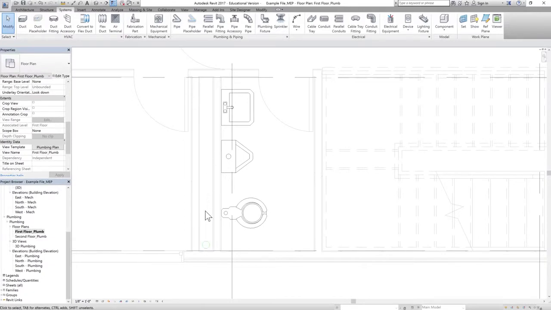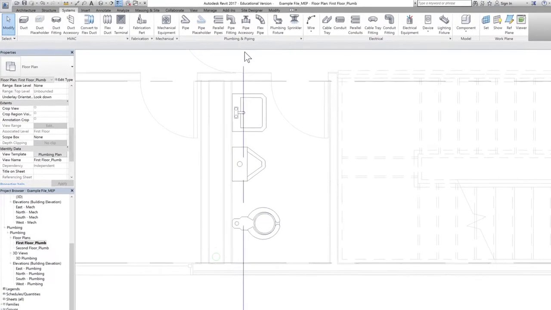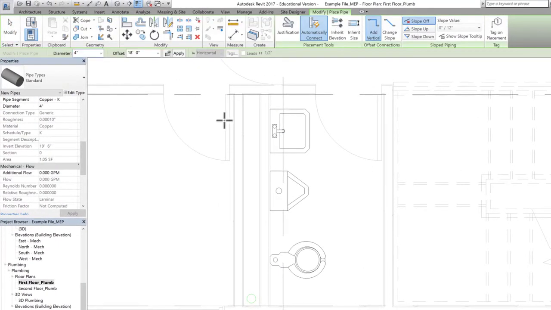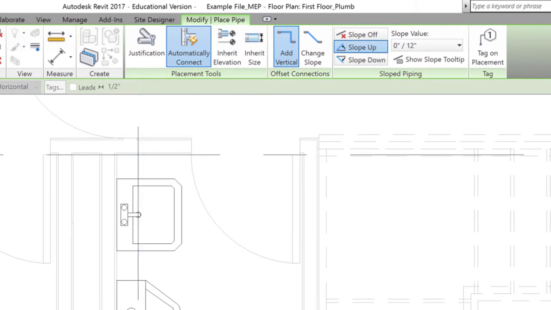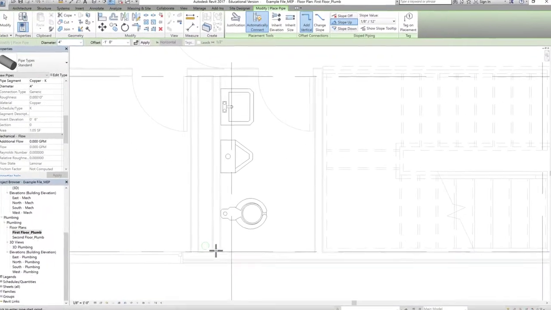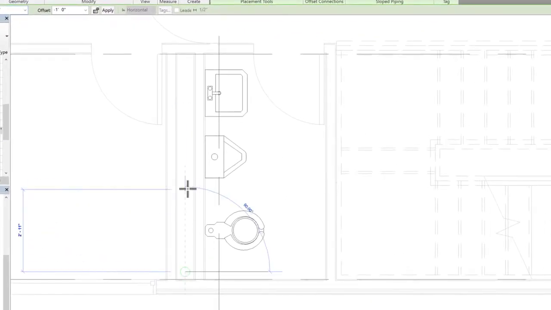Now this horizontal pipe will be sloping up so that the drainage can slope down to this pipe. So let's go to pipe and click on pipe. I'm going to draw a 4-inch diameter pipe. Let's change offset to -12 inches. On first floor, let's switch on slope up because we're going to draw slope up this way. Let's select a slope of 1/8 inch in 12 inches,